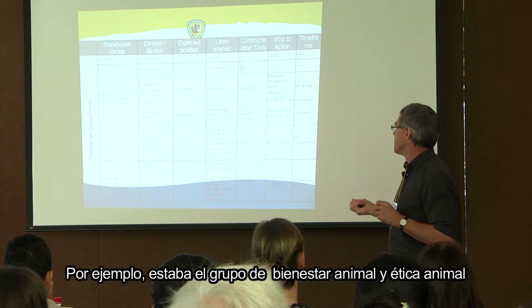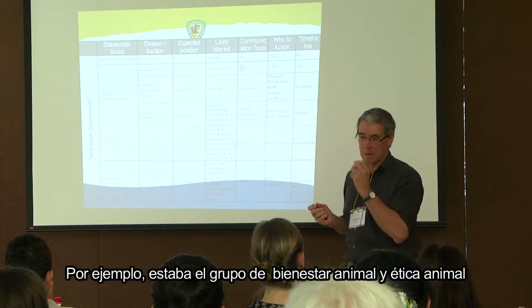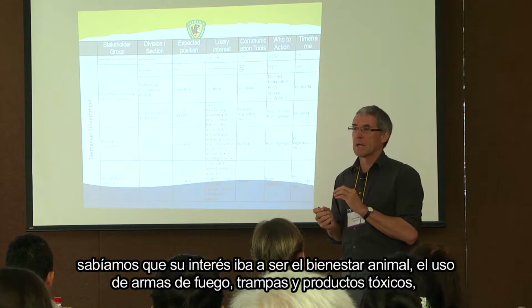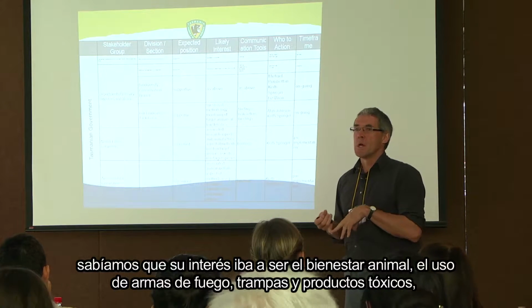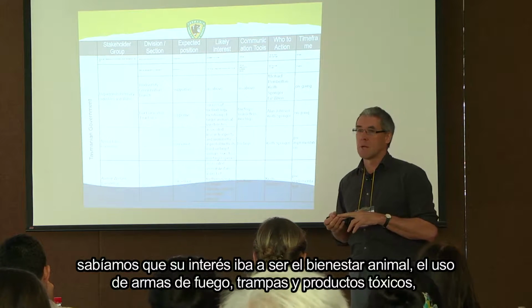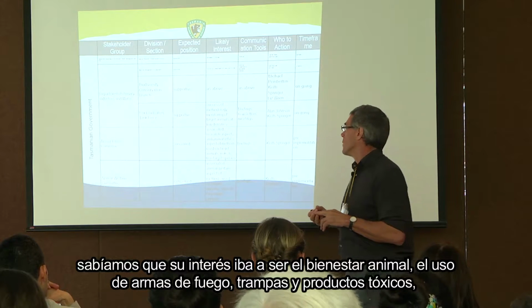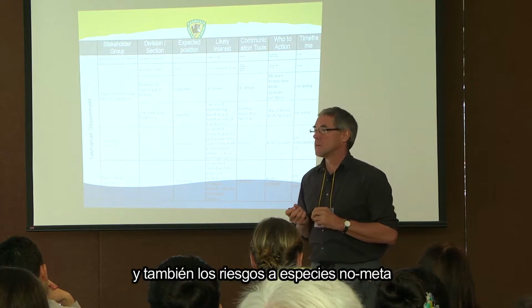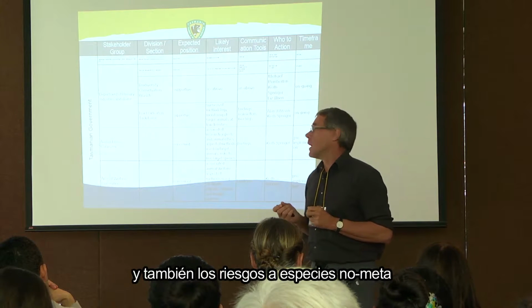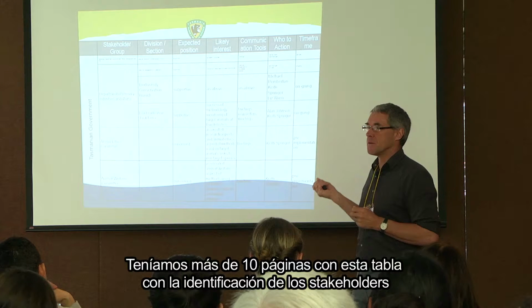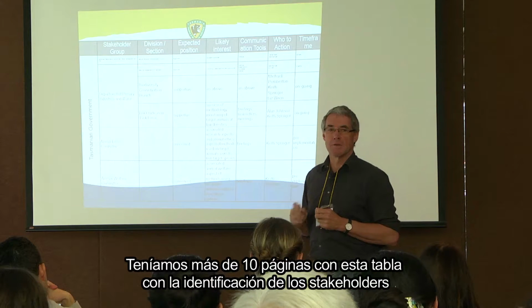So, for example, of the animal welfare and animal ethics committees, we identified that their likely interest was going to be in animal welfare through the use of firearms and traps and intoxicants, and also non-target risks as well. And so we had maybe 10 pages of this table that identified all of our stakeholders,